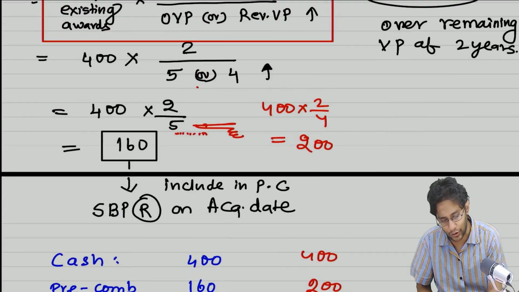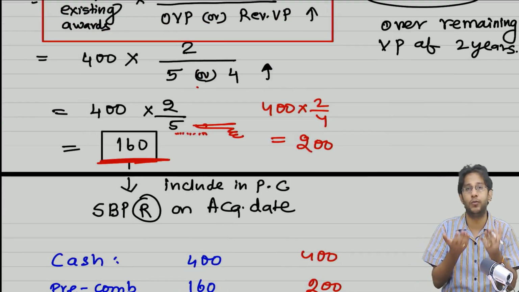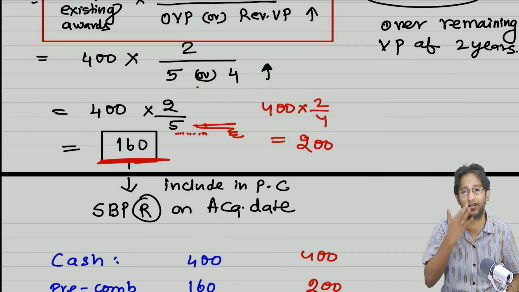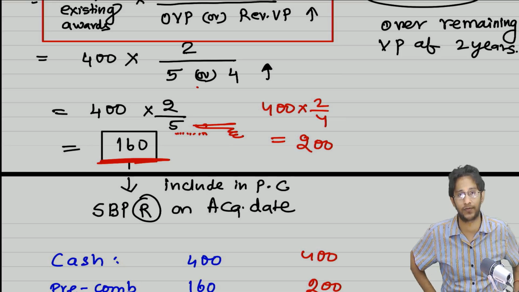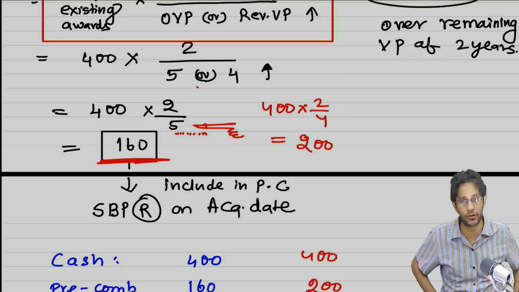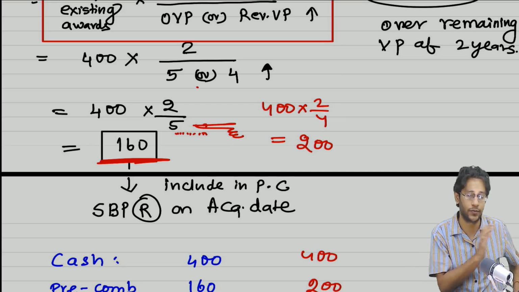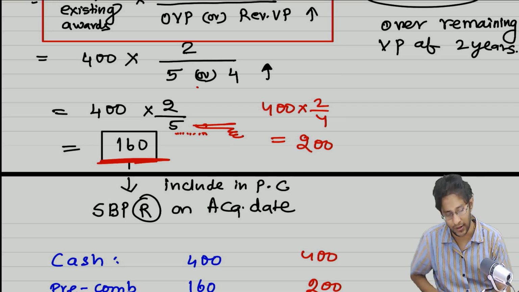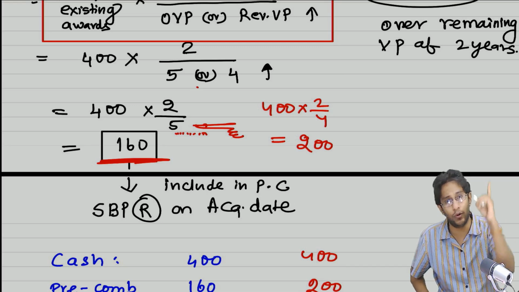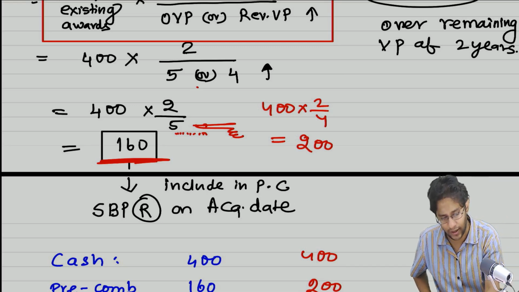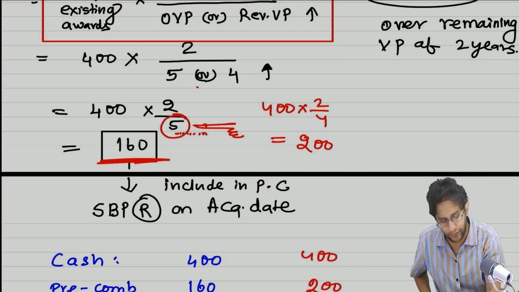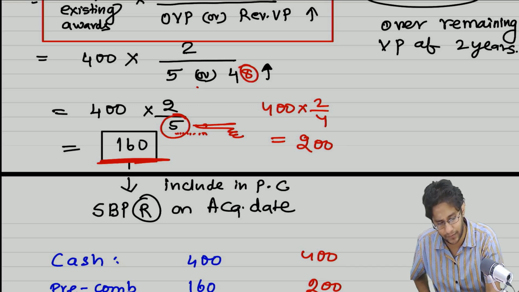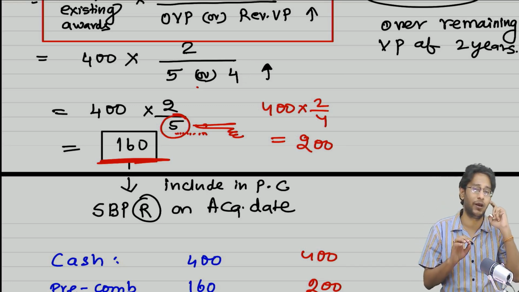That's the reason. To keep the ultimate goodwill number under check, this number should be as low as possible. If the ultimate number should be lower, the denominator should be higher. If you tell me, sir, my revised vesting period is not 4 years, it is 8 years, then I will take 8 years, not 5 years. Whichever is higher, I will take. So it's not that I will take the original vesting period as the denominator. Here, ultimately, the original vesting period's denominator got selected. But if you make it 8, this will get selected. So whichever is higher.